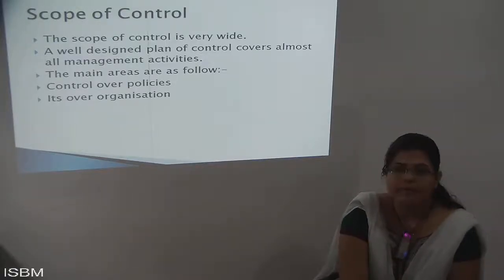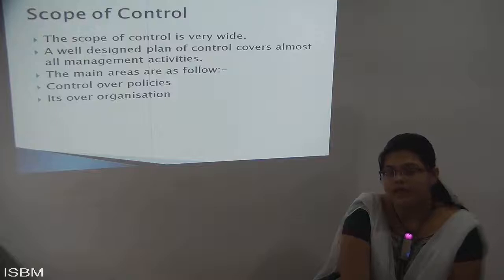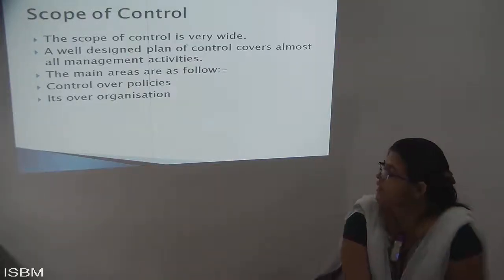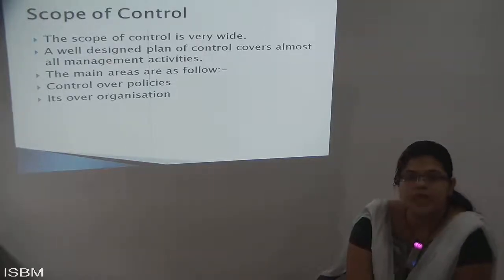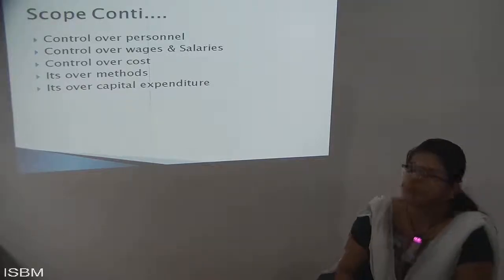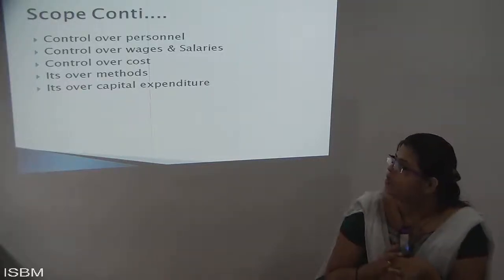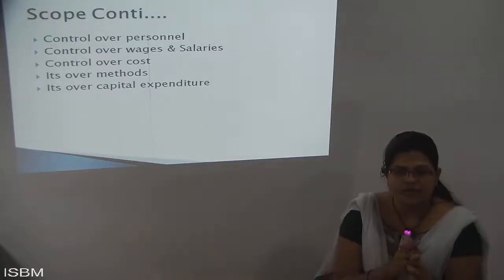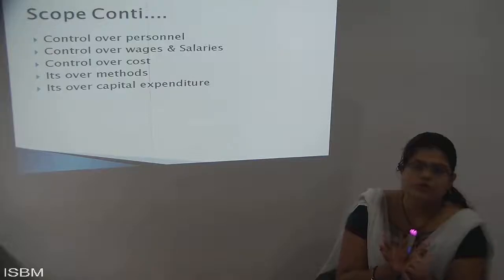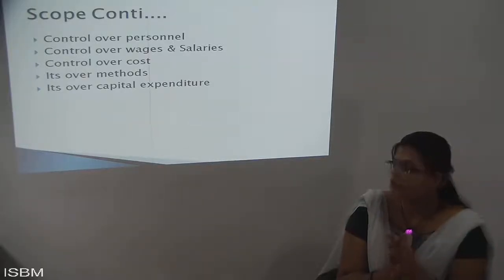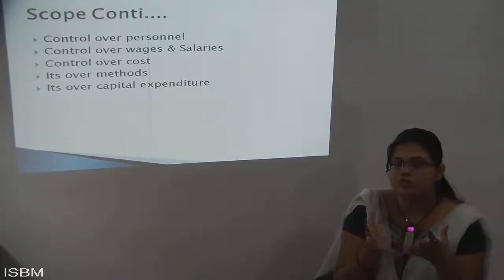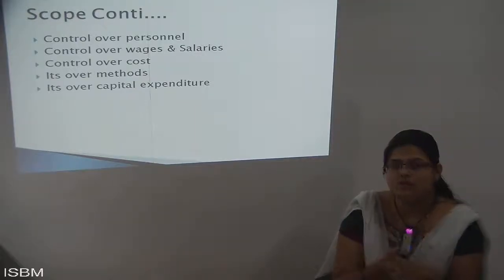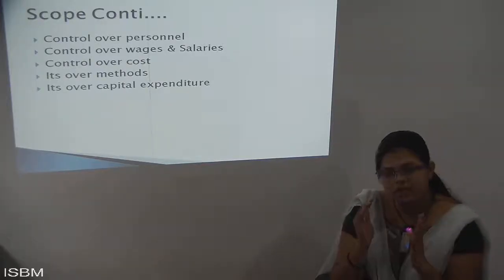These are the different areas where the policies are to be controlled. First is control over the policies, which you need to follow. Next is the organization. Next is performance. Next is wages and salary, which you need to think about. Then it should be related with the cost, which you need to identify. You need to control each and everything in all managerial activity. Then only, with these various scopes, your managerial activity will move very smoothly and calmly.